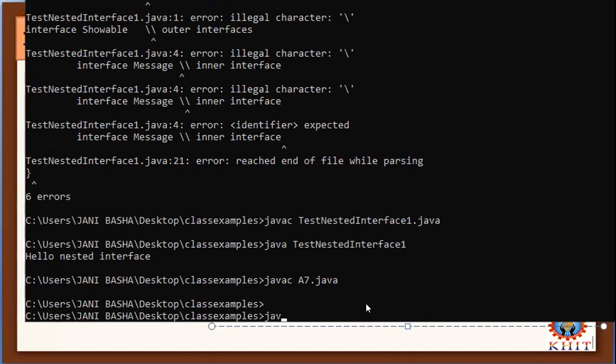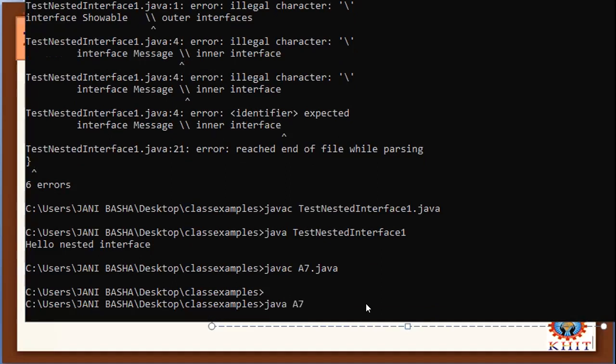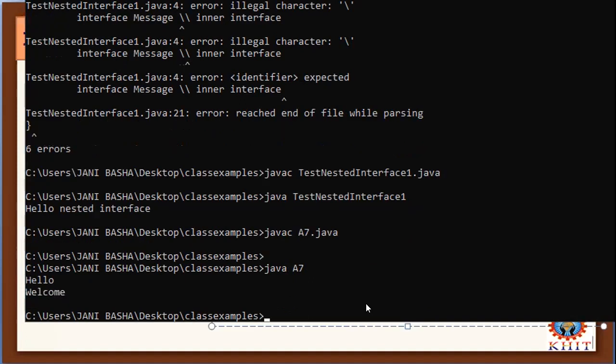Right. So say here, execution will give you two messages. One is hello and the second one is welcome, because that is what the description we have written in the methods. So it has printed the string called hello and it has printed the string called welcome. Okay. So that is the concept of multiple interfaces.